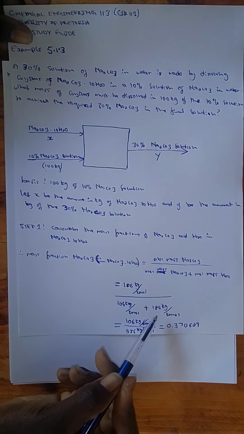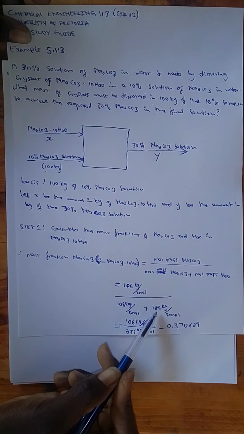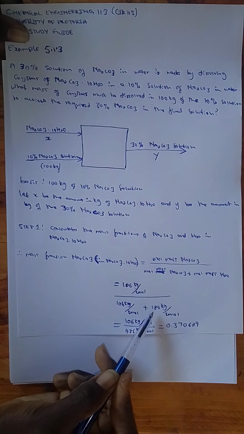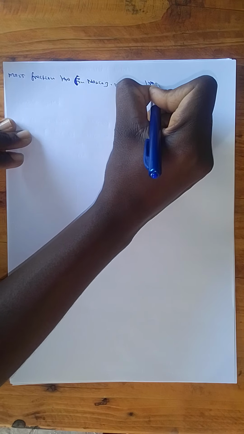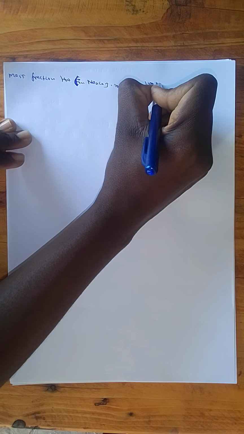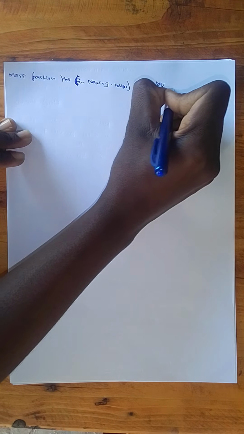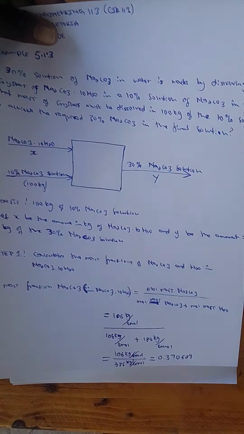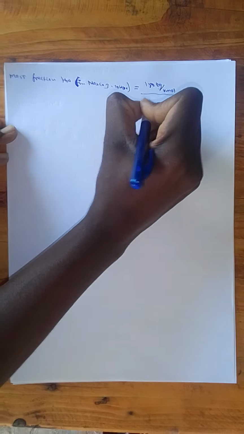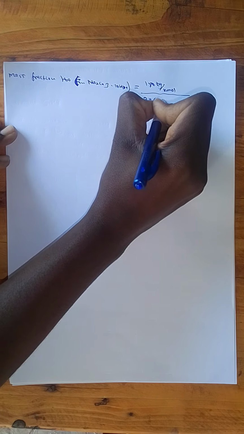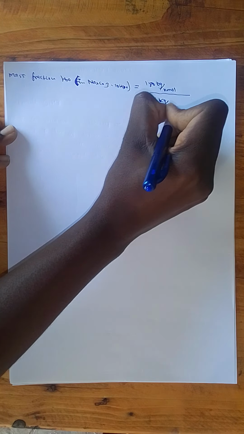We know the mole mass of H2O is actually 180 kilograms per kilomole, so it's equal to 180 kilograms per kilomole all over the total mole mass, which is 286 kilograms per kilomole. And if you use a calculator,